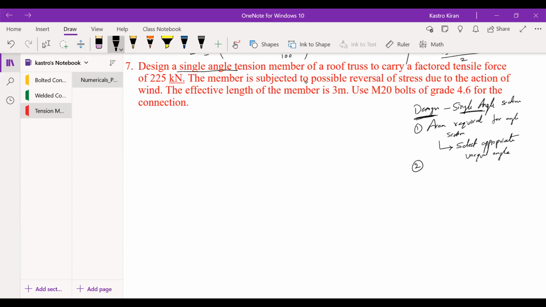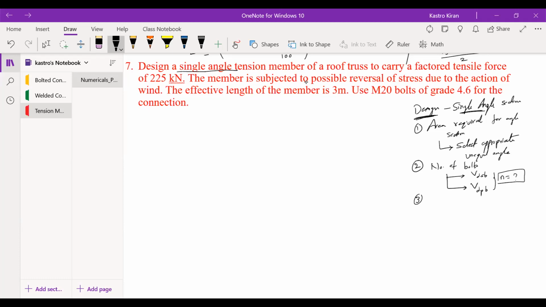The second thing which you have to find out is the number of bolts. Right now you have found out the angle section, then this angle section has to be connected, right? So in order to connect, you need to have the bolted connection. So you need to have the number of bolts. And now in order to find out the number of bolts, you know the process, that is initially we have to find out design strength in shear, and then we have to find out the design strength in bearing. And from these two values, you are going to find out the number of bolts value, that is factored load by bolt value. This is the second step.